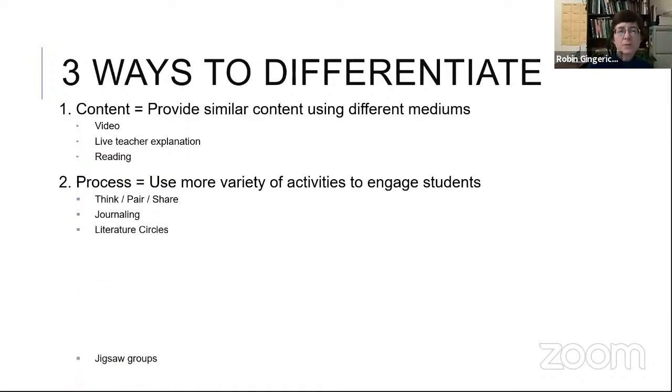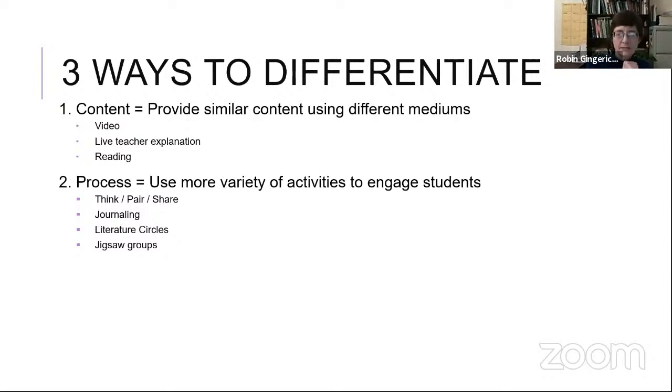In this way, when you provide varieties of activities, you're helping the strong students to get better, and you're also supporting the struggling students, and you're giving those students in the middle a good lesson as well.